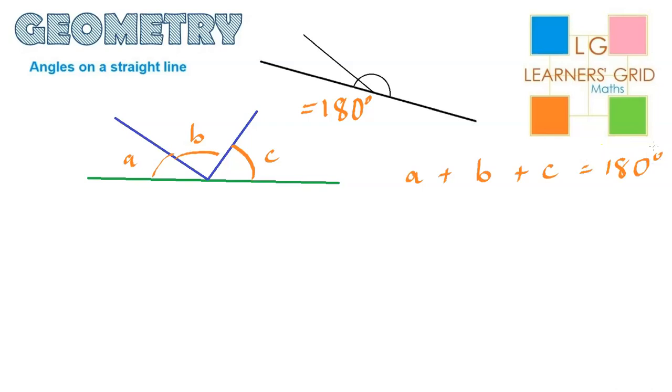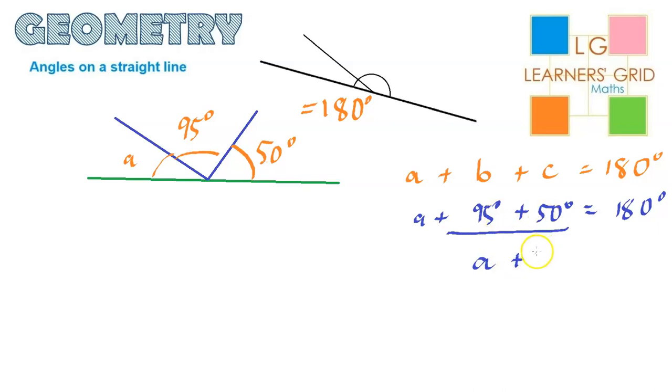So, if I were to substitute letters for numbers, we could end up with a scenario like this, where I have, let's say, in this one, 95 degrees. On this one here, let's say, 50 degrees. Okay. What is angle A? So again, all I really need to do is write this out. Then I substitute in the values. It's going to equal 180 because we're on a straight line. I can simplify this, so I can do this bit right here. So it'll be angle A plus 145